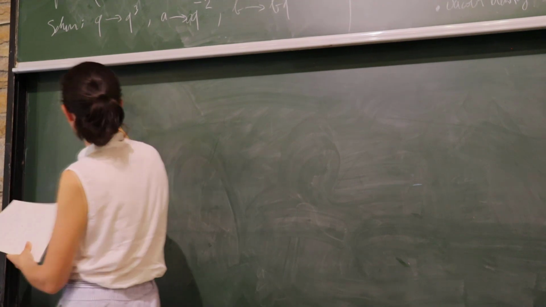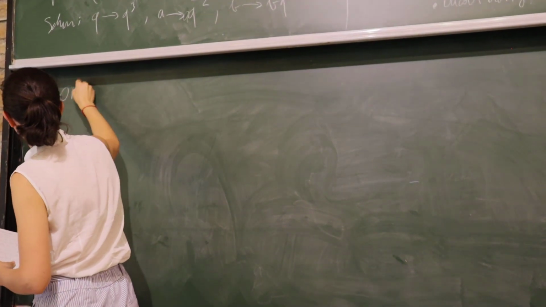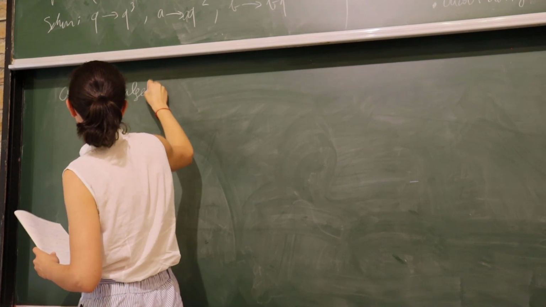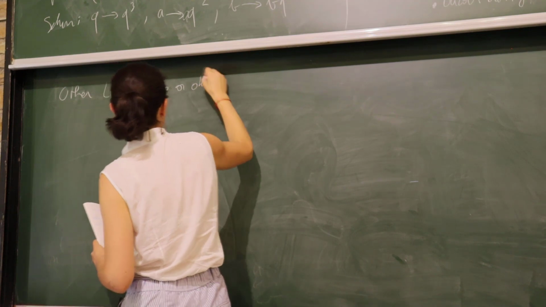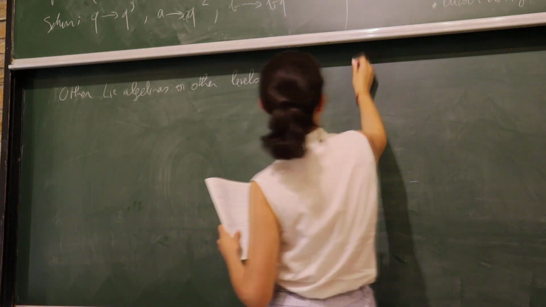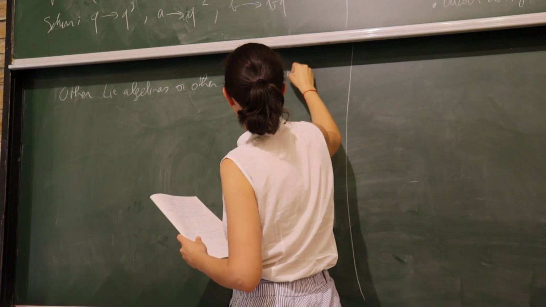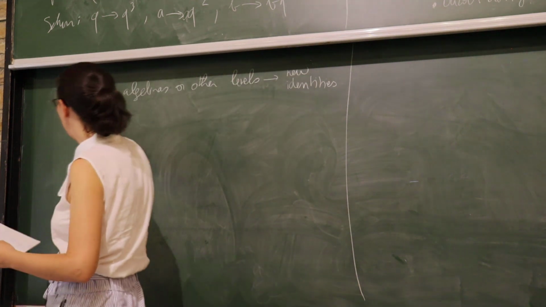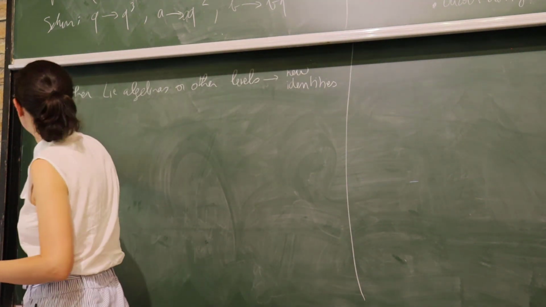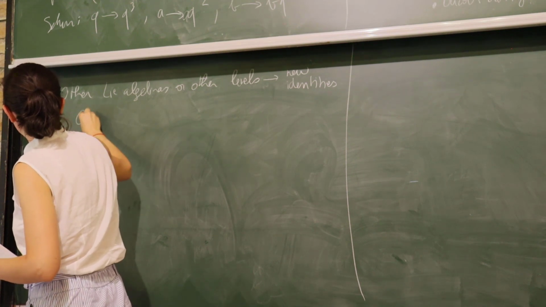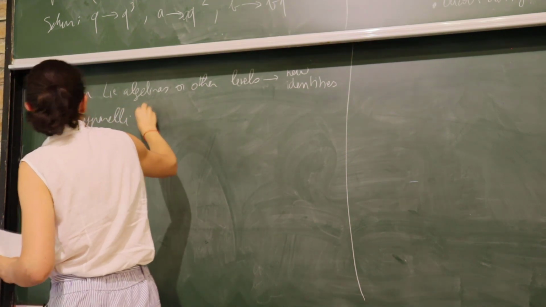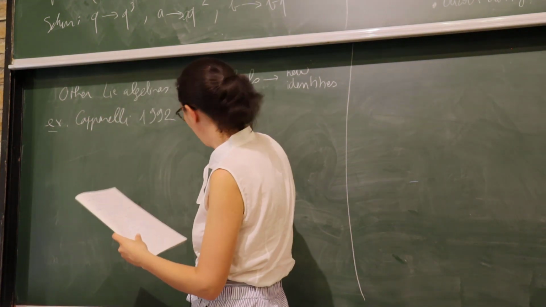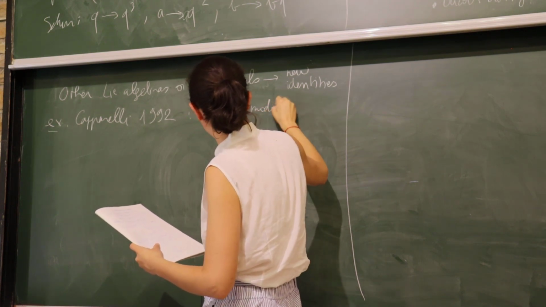So yes, I will write that here. Maybe I read just a sentence to summarize what I said. If you consider other Lie algebras or other levels, then you get new identities. And so the first historical example after that was Capparelli in 1992, this time I wrote the date, who studied the level 3 modules, but this time of some other Lie algebra,